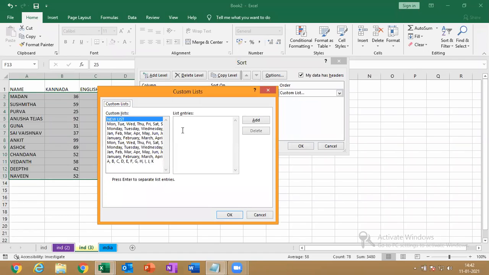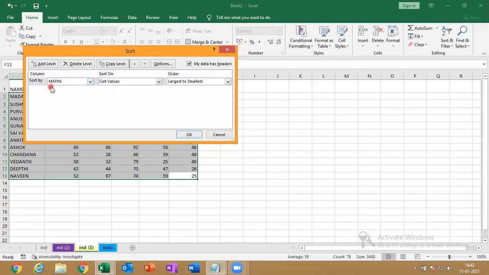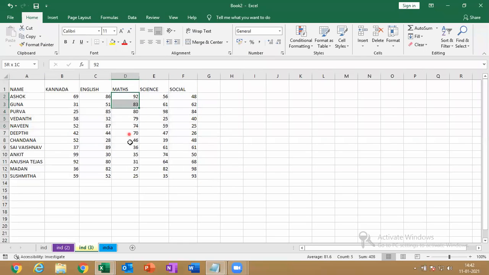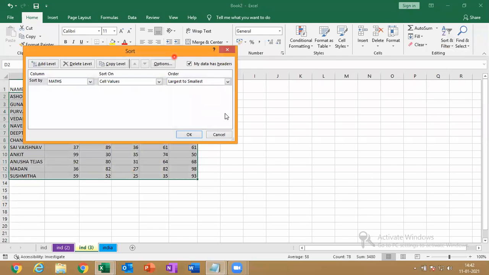A custom list I can enter however I want, a new list, like first 56, second 32, like that. But let me give largest to smallest. So maths, largest to smallest. Clear? Again, click on filter. We have done custom sort right now. If you want, you can delete that.